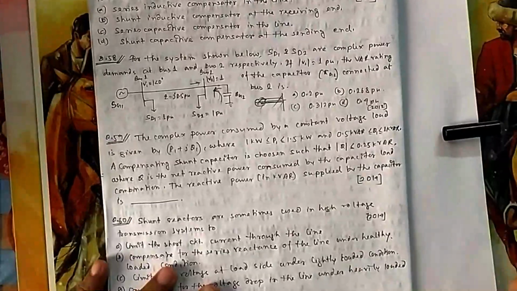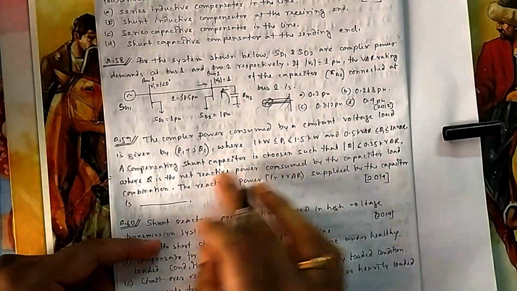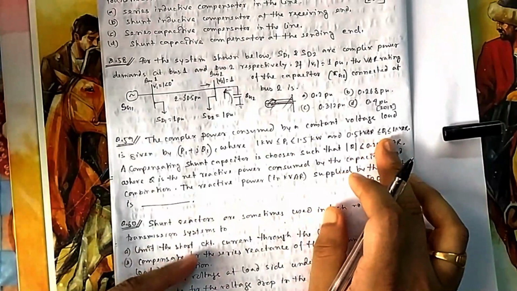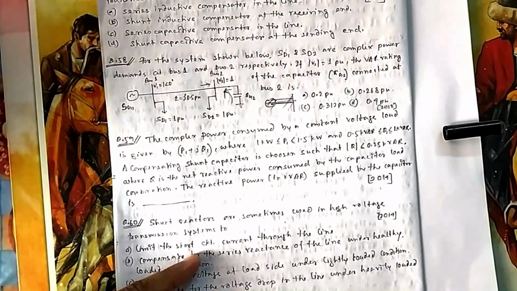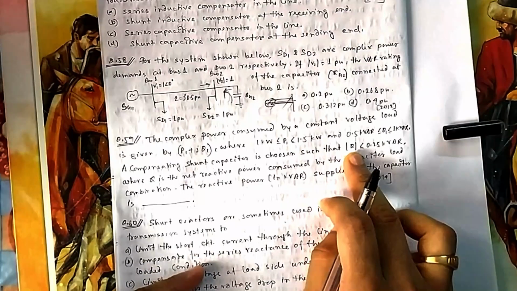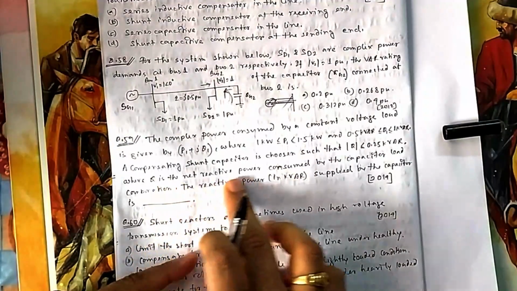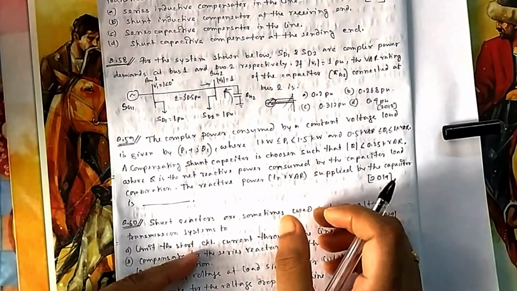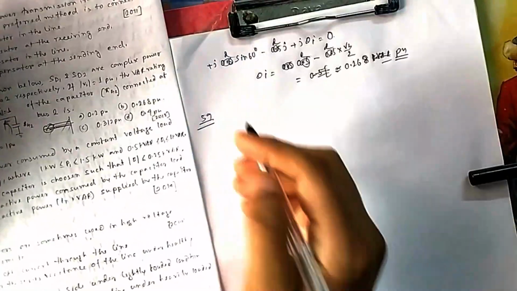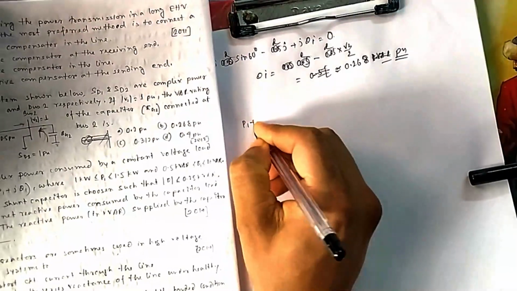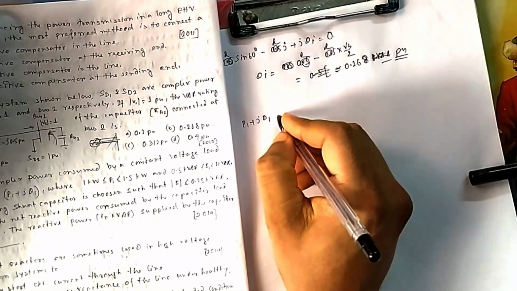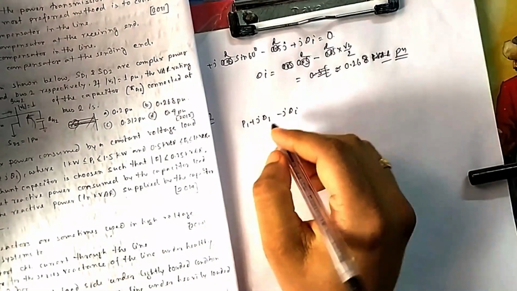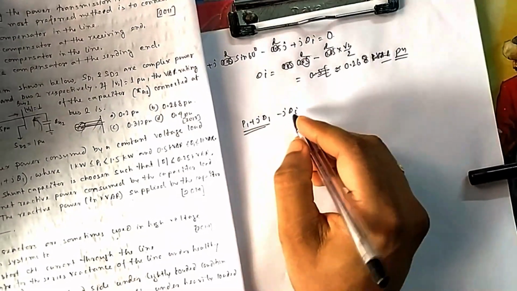Okay. Now if you come to 59, the complex power consumed by a constant voltage load is given by this much, where P1 can change, Q1 can change. A compensating shunt capacitor is chosen such that mod Q should be less than this. What is mod Q? Q is the net reactive power consumed by the capacitor and load combination. So what is the capacitor and load combination? If you see Q, because your load is P1 plus jQ1. Now if you keep a capacitor, it will be minus jQi, because it will be injecting, it will not absorb. This was absorbing, the inductor. So what is Q?